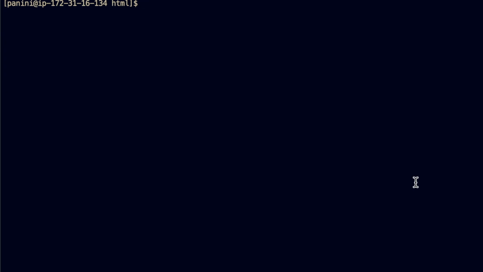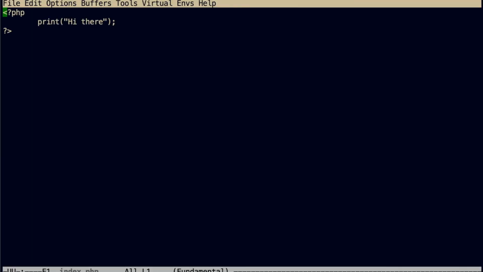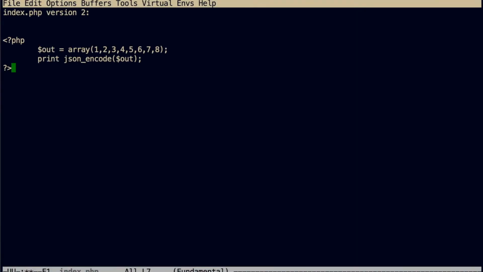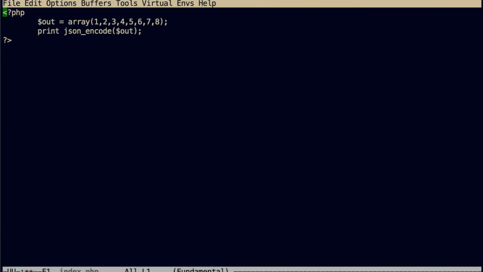This portion of the video covers using Emacs to create index.php and modify it, as well as creating the hash sum. Most of this is pretty similar to what you do in Vim, but if you're more familiar with Emacs, this is the part of the video you'd want to